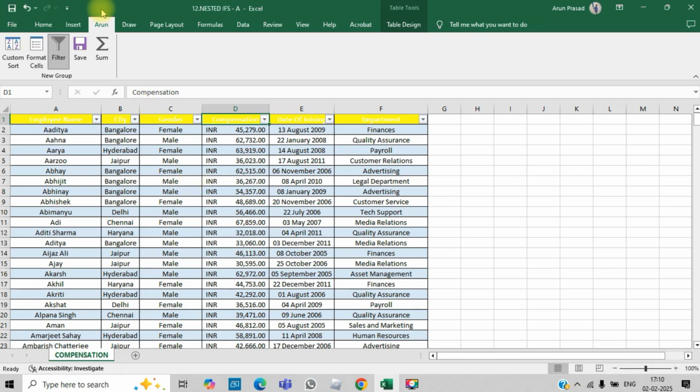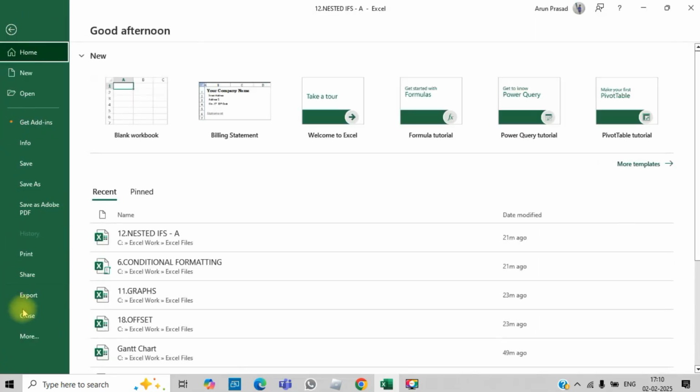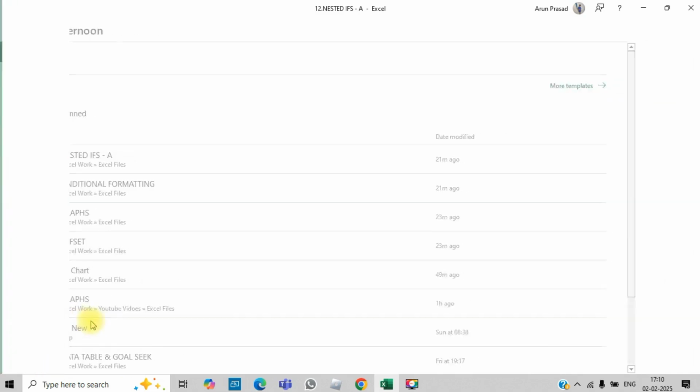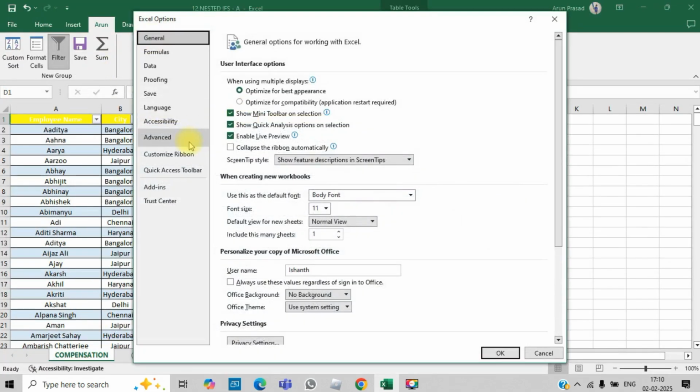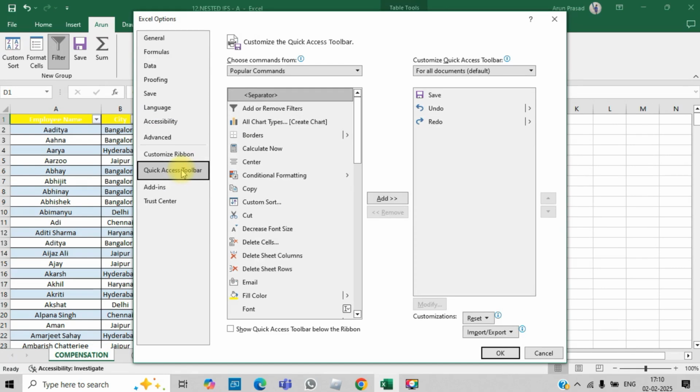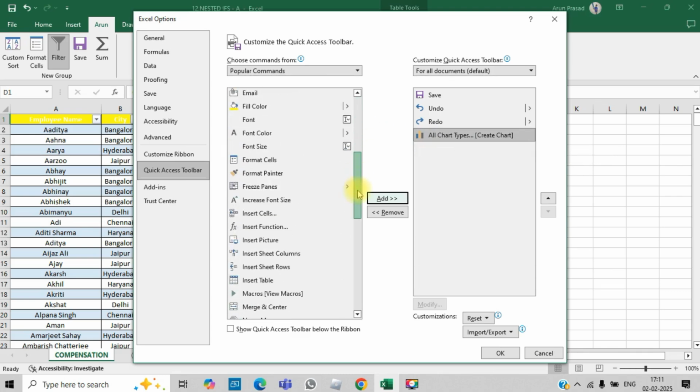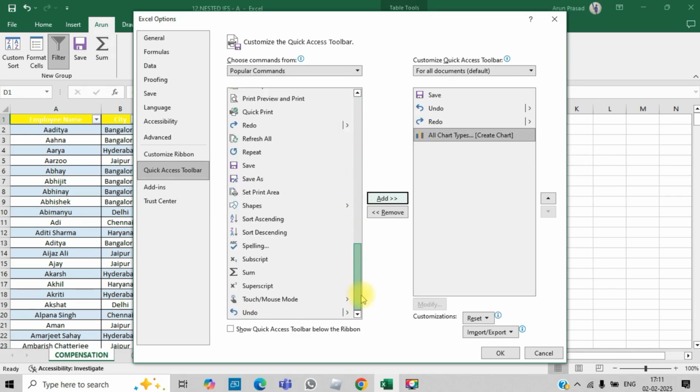Numbers are easy to remember. You can sequence it in such a way that it is easy for the user to remember. So file, and then go to more options. In that, just go to quick access toolbar. You select, see right now I have save, undo, redo. Now you can have charts as the fourth option. Number 4, all chart types. And you can keep anything you wish to keep, like let's say some of the values, add